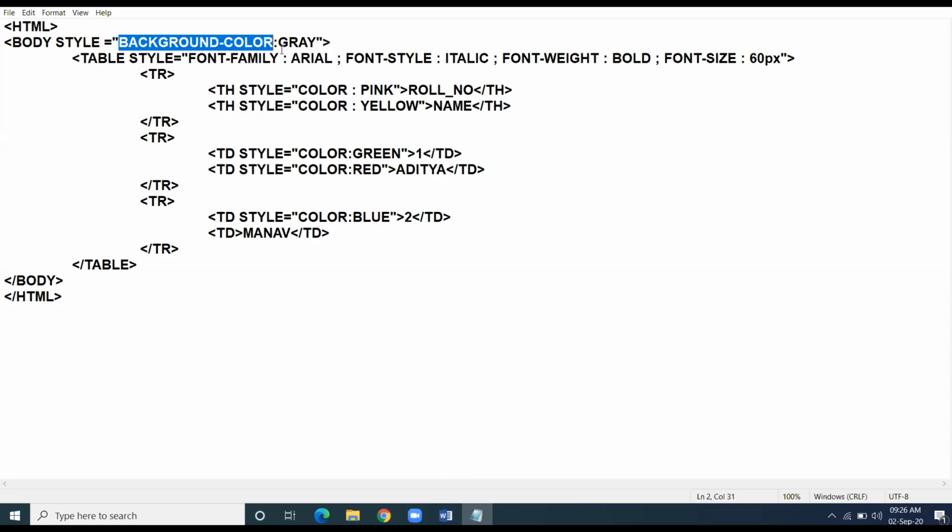This complete is known as declaration, property declaration. I just told you. This complete is known as property declaration. And in inline style, the property declaration is enclosed in double quotes. The property declaration, while making the inline style, is enclosed in double quotes. One thing I want to tell you that